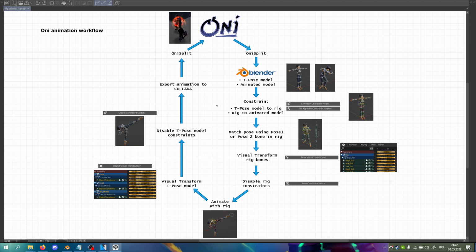For this reason, you will want to import two character models, one without any animations that will be constrained to the rig and animated. It will be T-posed as it will contain no animation upon importing to Blender. The second character model will contain the animation, serving as the starting point for your own. The rig will be constrained to this model, after which you will copy from the model either the animation frames you need or the entire animation over to the rig, depending on what you need. Once you have converted the animation and the model from Oni using OniSplit and then imported it to